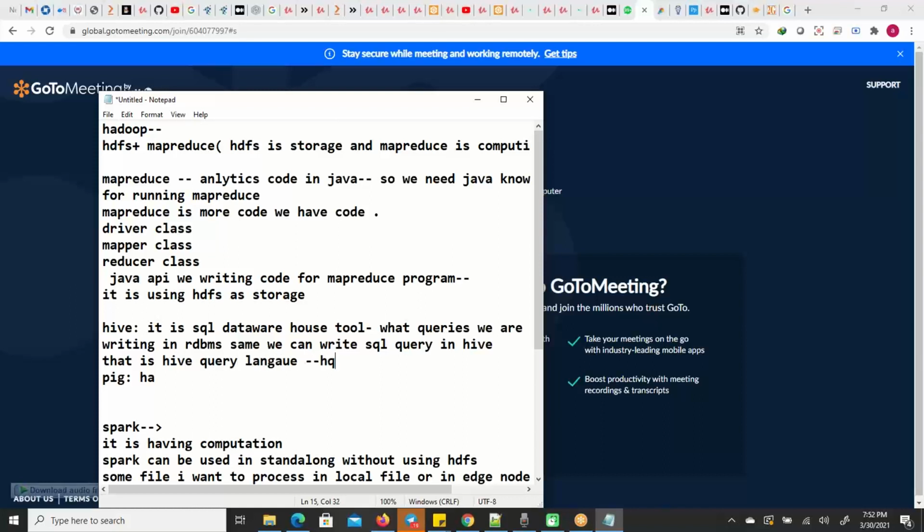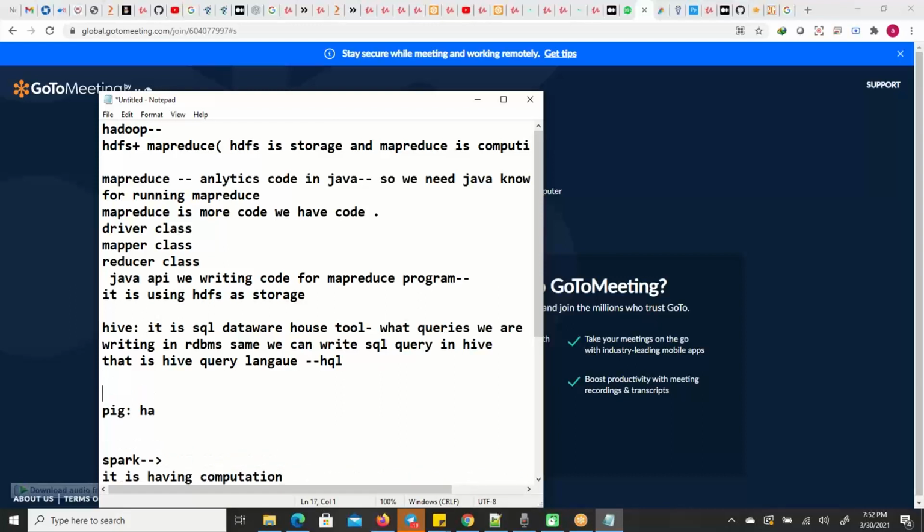So we write HQL files. We create an HQL file like test.hql, and in this file I write a SQL query like select star